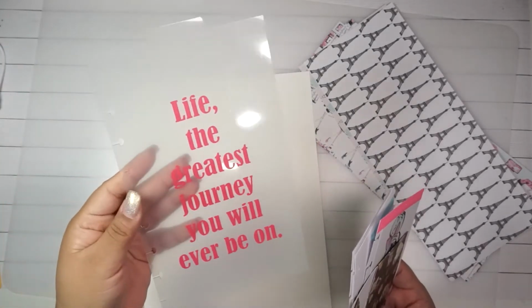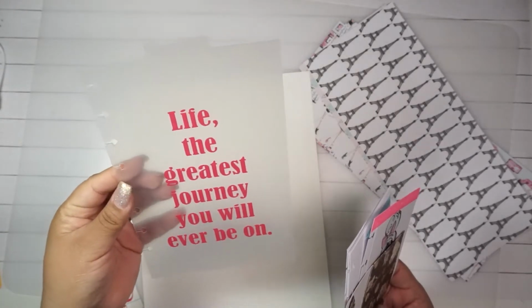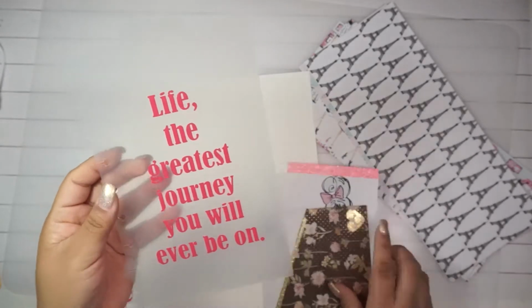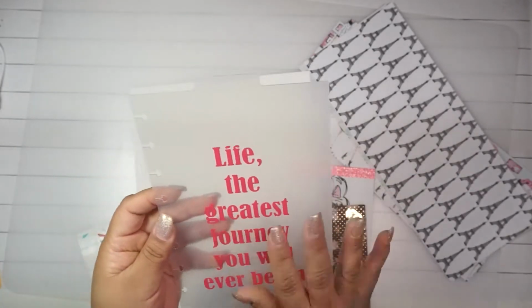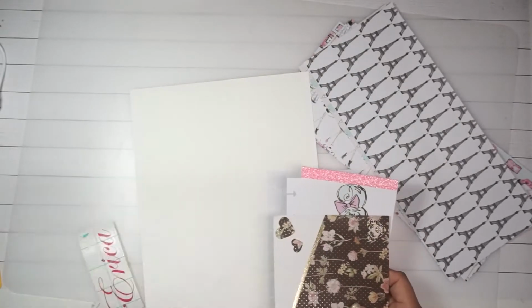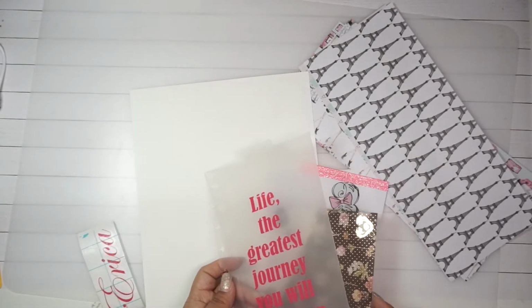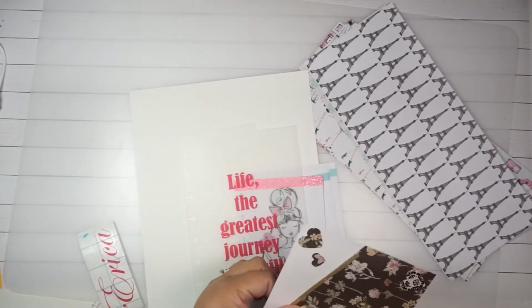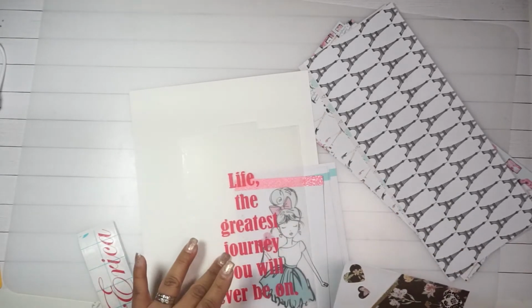This one I did with my Silhouette. Life, the greatest journey you will ever be on. And so this one is vinyl, and I added it on here, which I really like. This was a quote that I had. Oh, I need to put this quote